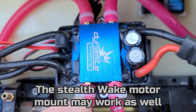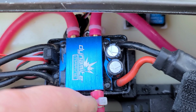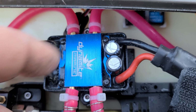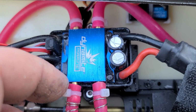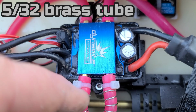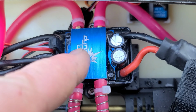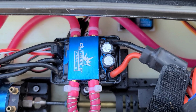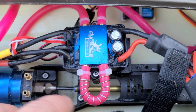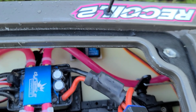So I actually drilled out my cooling nipples. Okay, I took my cooling nipples out of the ESC, I drilled this out and put, I'll put on the screen right here what it is. Brass tubes. Okay, I got a brass tube here, over here, and here. Red Loctite it into the motor mount, so it actually worked pretty good. Stock everything. Okay, even the servo stock, even the receiver stock. All right,